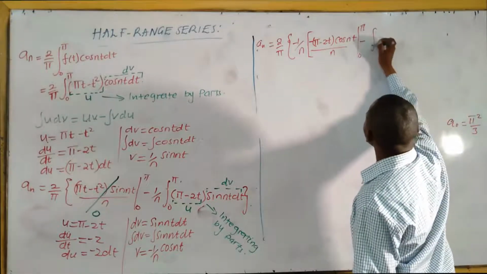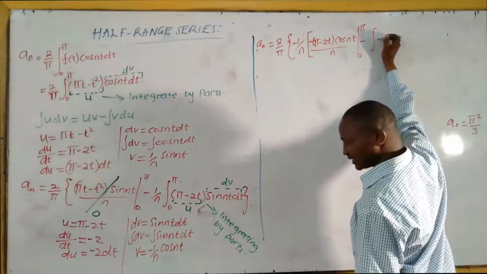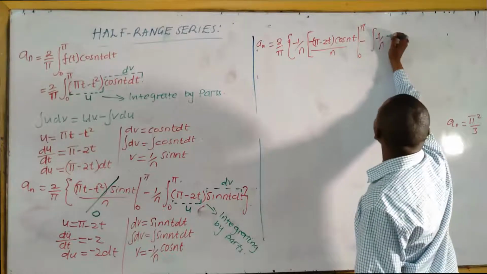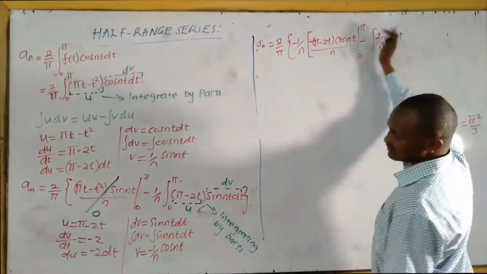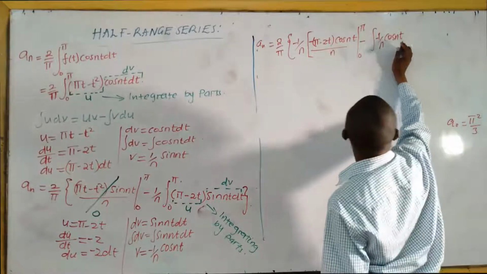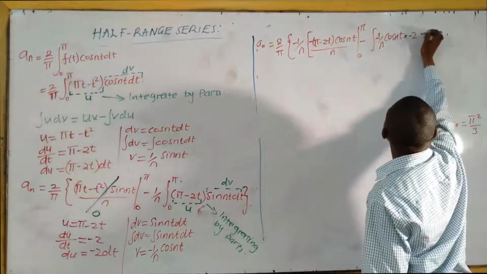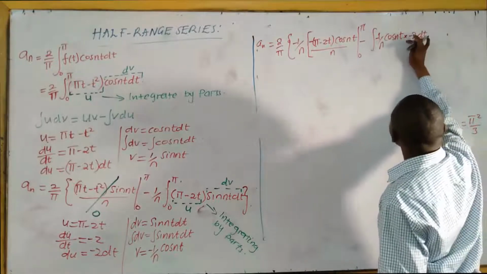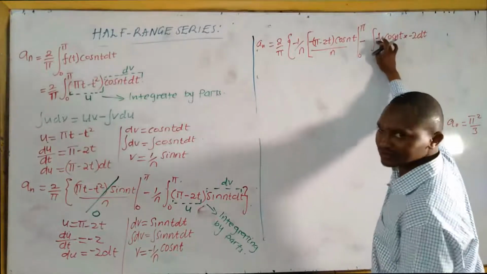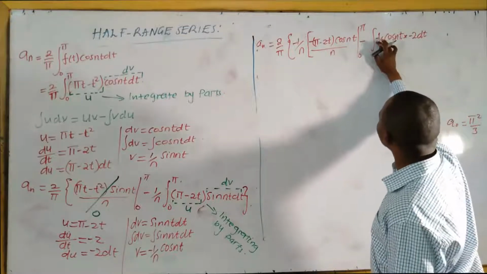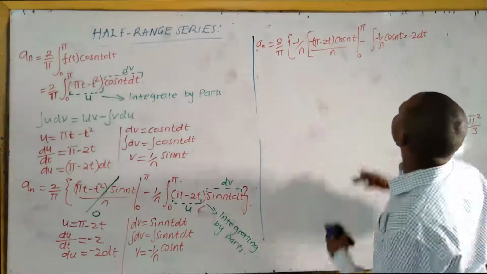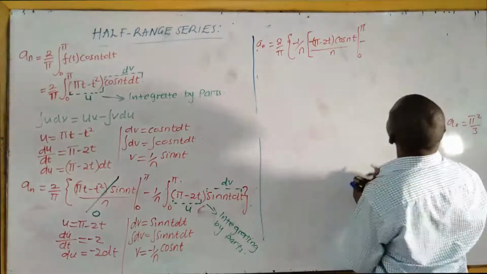Minus integral of what? Cos nt, that is v, which is negative 1 over n cos nt, du. du is negative 2 dt. Negative and negative will multiply to give you positive. You can factor out 1 over n and the 2, and they are being multiplied, so it will be 2 over n